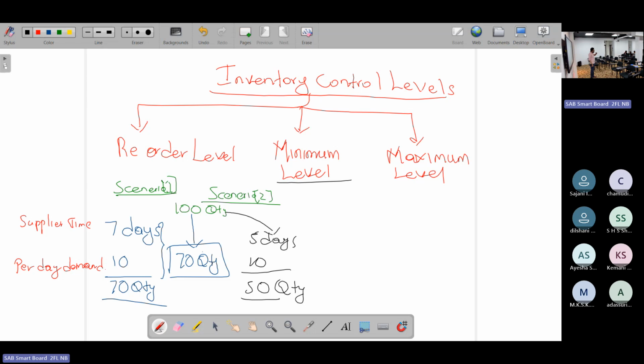Let's say 50 quantities are there, scenario 2. 50 quantities you should keep for the next 5 days, in order to fulfill your per day demand. So you should keep 50 quantities for the next 5 days. If you have 30 quantities, 2 days demand will not be fulfilled by you. Then what will happen? You will lose